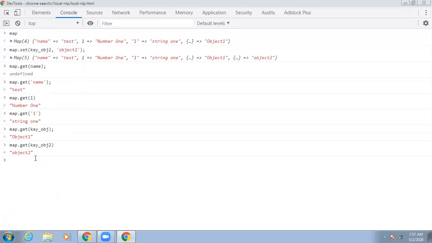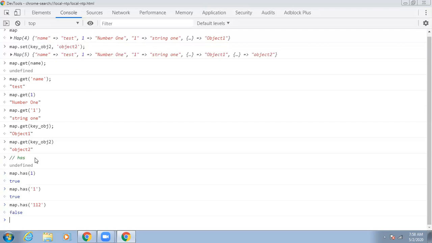There is another method called has. So map.has checks whether a property exists in the map or not. I want to check whether one exists or not. Yes, it is true, it exists. String one also exists. Let me add two more parameters, which returns false, which means this value does not exist in the map.